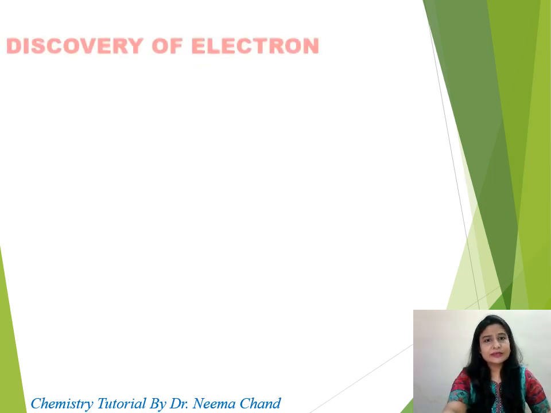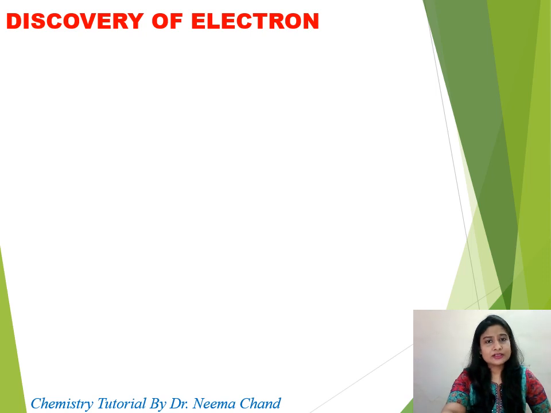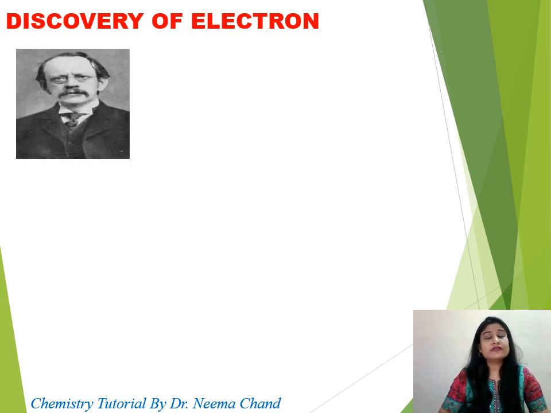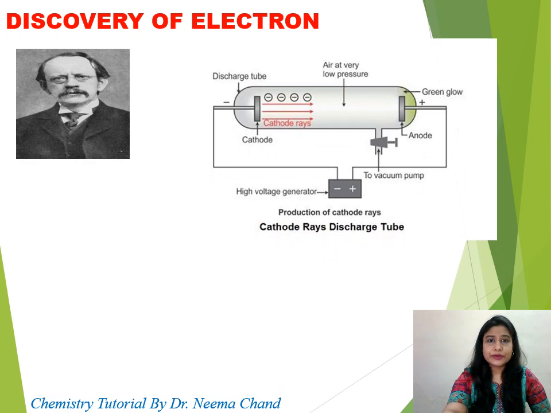Now the first subatomic particle to be discovered was the electron. Electron carries a negative charge. An electron was first discovered by J.J. Thomson while he was studying the properties of cathode rays. In his experiment,